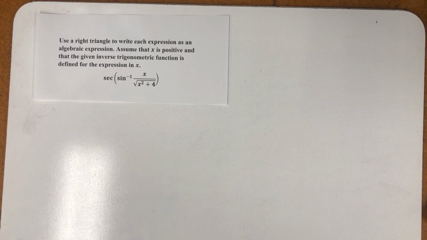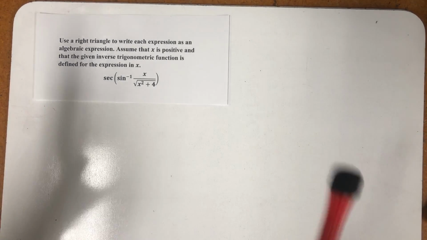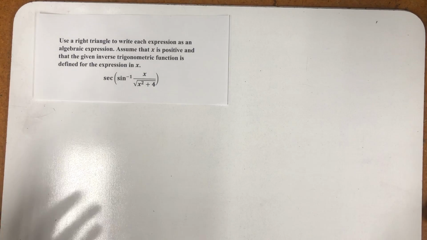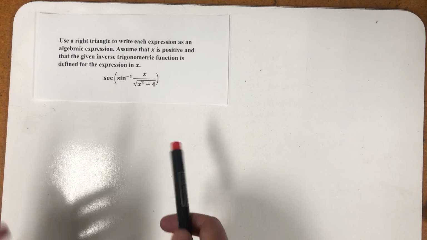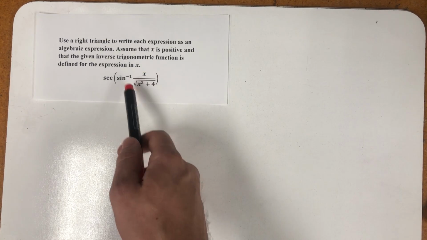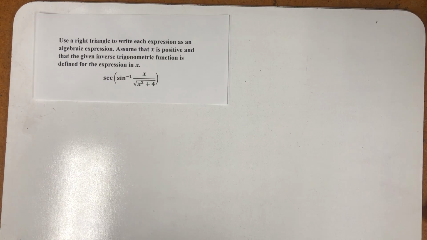Use a right triangle to write each expression as an algebraic expression. Assume that x is positive and that the given inverse trigonometric function is defined for the expression in x. Well, when I look at this, a lot of the instructions are just telling me that everything is okay. X is positive. Well, if x is positive, then the square root of x squared plus 4 is positive,